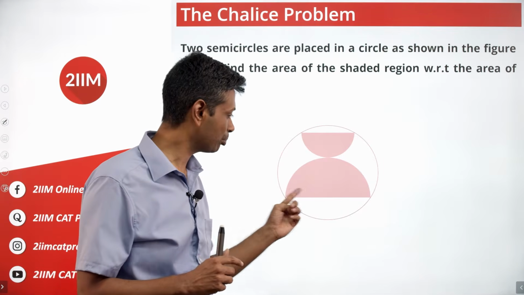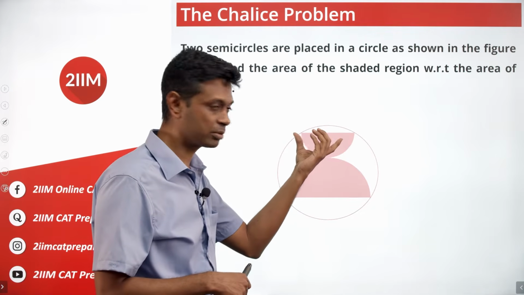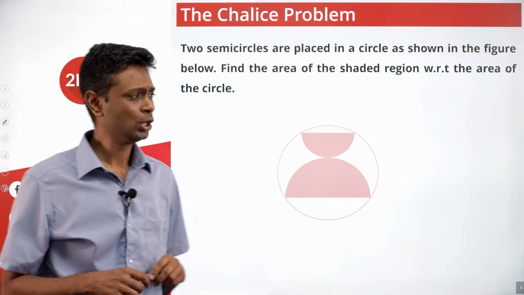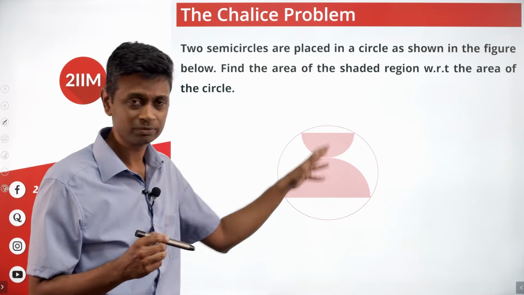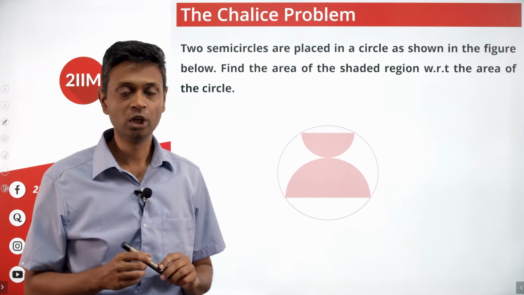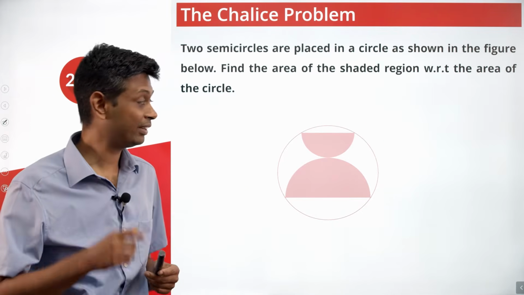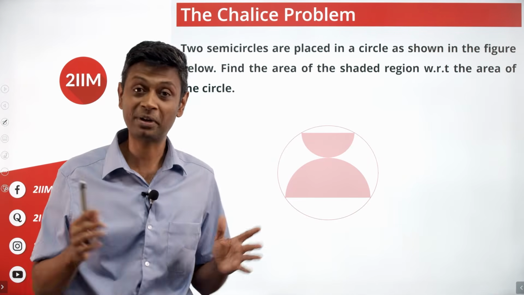The semicircles are placed in such a way that if you keep growing this, that will become smaller. If you keep shrinking this, that will become bigger. Right? Which tells us that there is some relative basis for this, that we can still answer the question without knowing exactly where this is positioned. Now, the moment we discover that, and hopefully the choices don't have a "cannot be determined" and all that, then